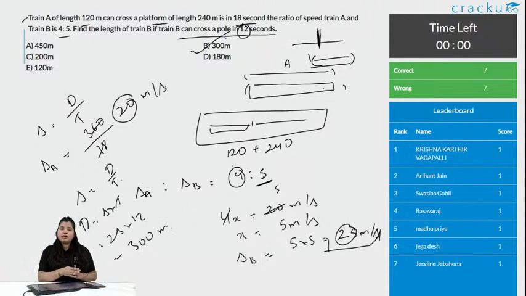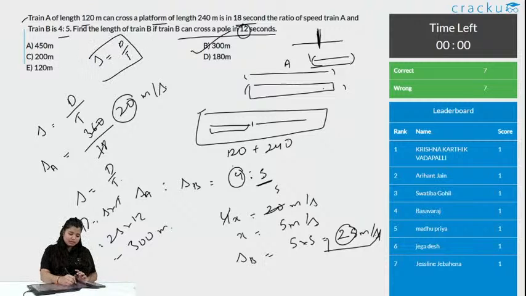See, I have done it from the basics, so you understand why we are taking the complete length. If you are doing it in the examination, you must know we are adding this and then dividing it by the time, as speed is equal to distance by time. For any problem relating to trains, the first and basic thing you need to remember is this formula. Rather, this is not a formula, this is just a basic concept. Chalo, let's go to the next question.